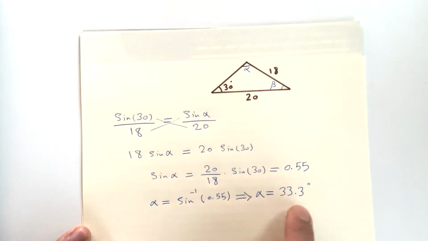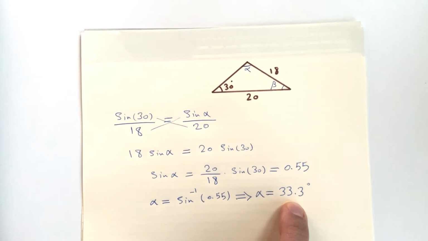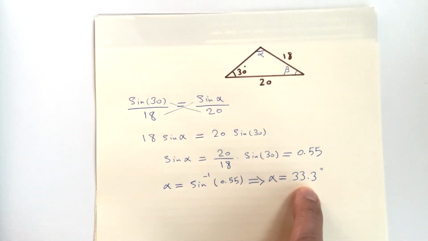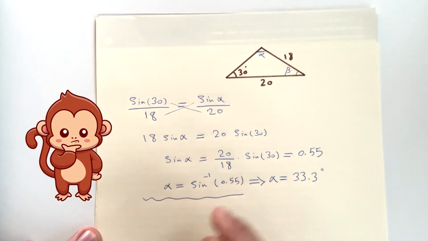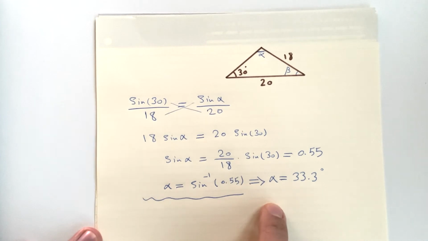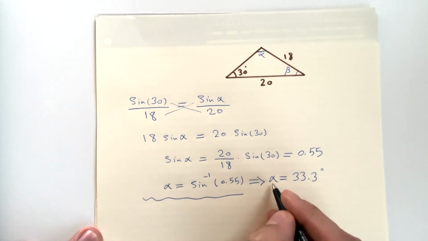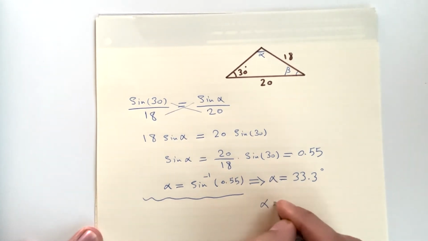So now I have alpha as 33.3 degrees. But is there any other solution here? I'll give you a few seconds to think. The answer is yes. Why? Because I can also consider alpha as